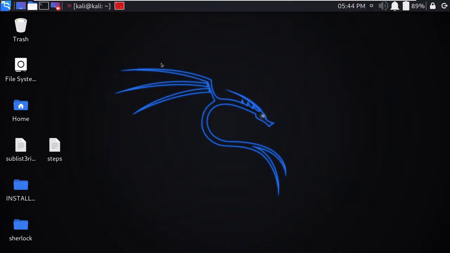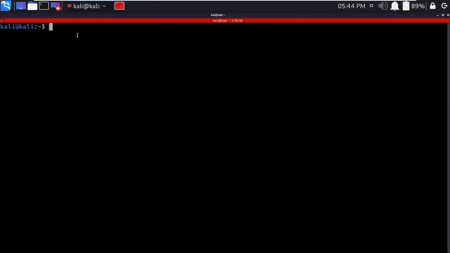So we have finally entered our guest operating system, that is Kali Linux. Now we will check the contents of our demo folder and the actual location where it is saved. We will cat the file which was saved in that demo folder, that is test.txt, and see its contents. That means we will verify whether the file or the folder is actually in our guest operating system from the host operating system. The location in which the shared folders are saved is the mount folder. So let's go in that folder.